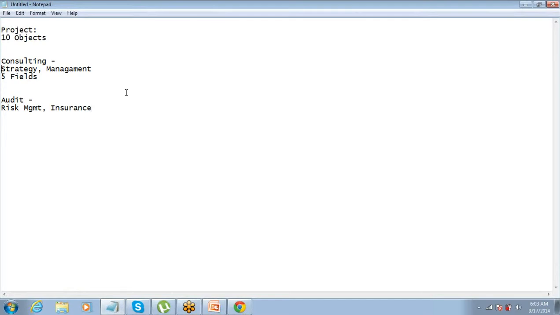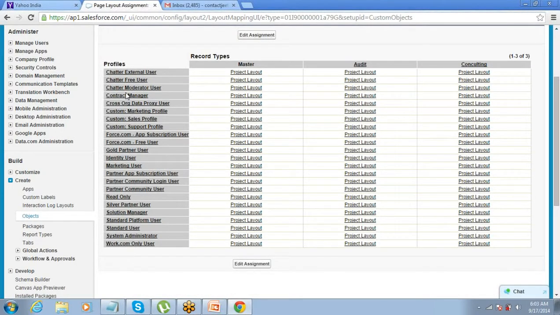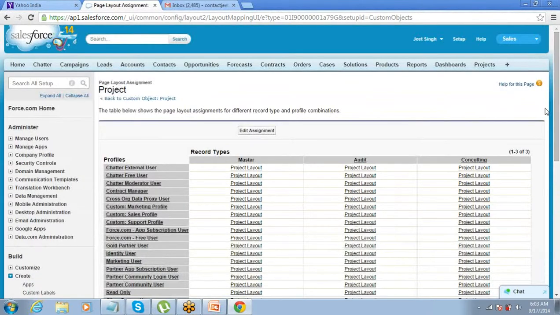In a consulting project, you might need to store the start date, end date. In an audit project, you might need to store something else. So you can have different field sets for them, and have different page layouts where you make the fields visible or not visible, and you can have that sort of setting. Correct? So that is the main advantage of using a record type.